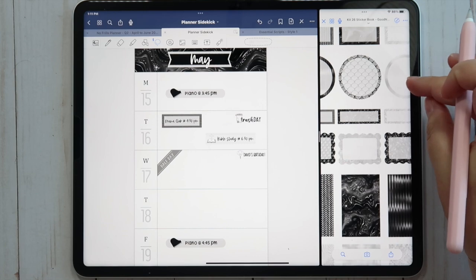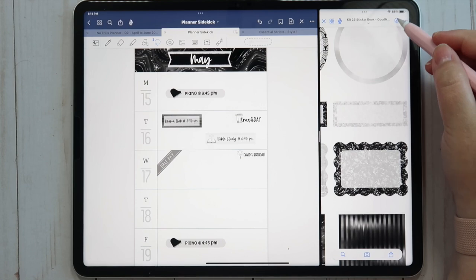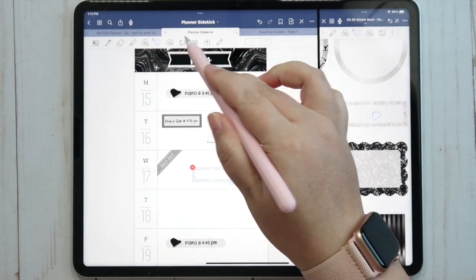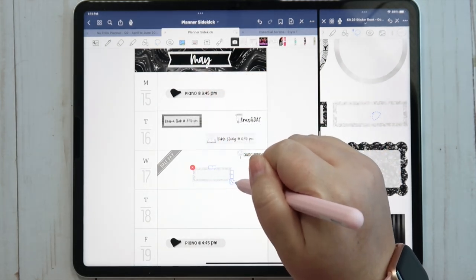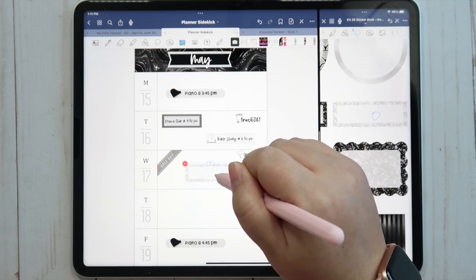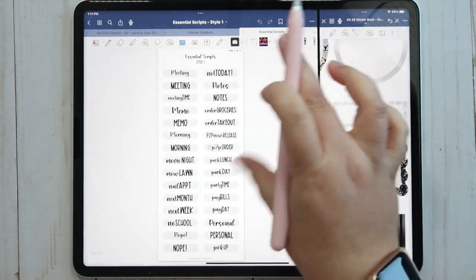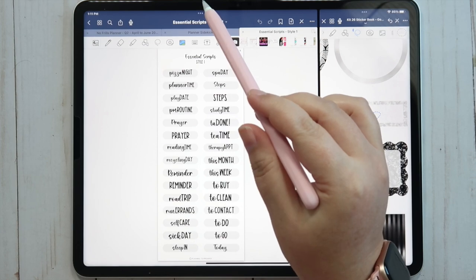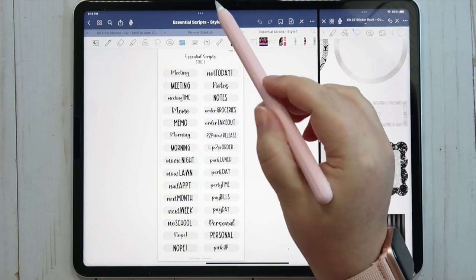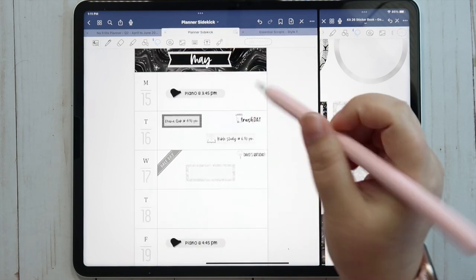And I kind of want to use another pattern label. Let me do this one here. It's kind of a glittery, lighter one. And then in the essential scripts, I have P2P new releases. So we'll pull that over. Why am I struggling so bad finding stuff? Okay, here we go. P2P new release.